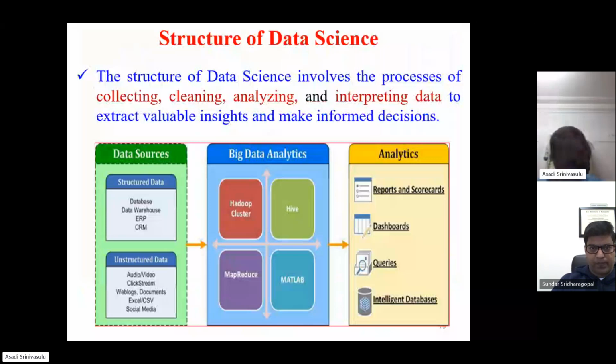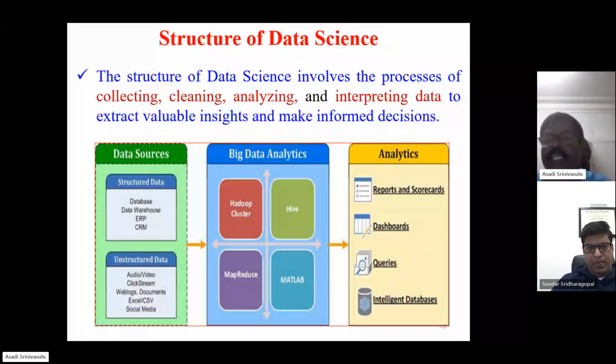Data sources may be structured data or unstructured data. Structured data consists of, with the help of SQL, MySQL, Teradata, a variety of files you are taking as input. Then unstructured data, with the help of non-relational database tools like MongoDB, Hive, HBase, Zookeeper, Oozie, Cassandra. These are the non-relational database tools for storing audio, video, text, graphics, animation, social media data, etc.